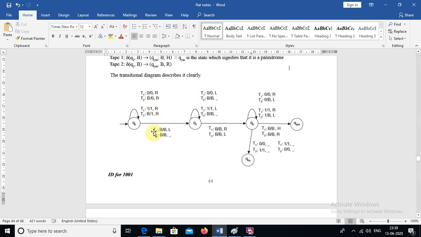And if you find a blank other than 0 and 1 in tape 1, then it should be replaced with a blank and move to left. It means the direction is changing, that's why we are going to a new state. And in T2, if you find a blank, it should be replaced with a blank, and then you don't have any movement here. So like that the transition functions can be represented. You have to check the relation between these transition functions and this diagram. The same transition function is represented in the form of a transition diagram.